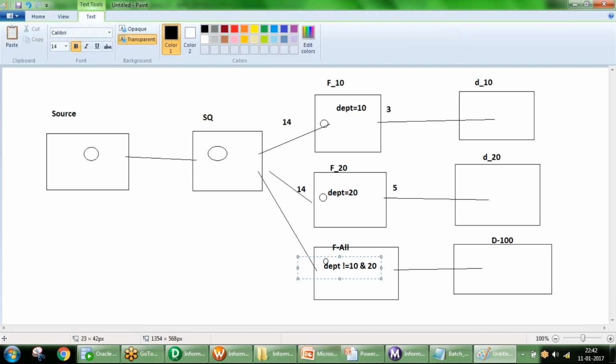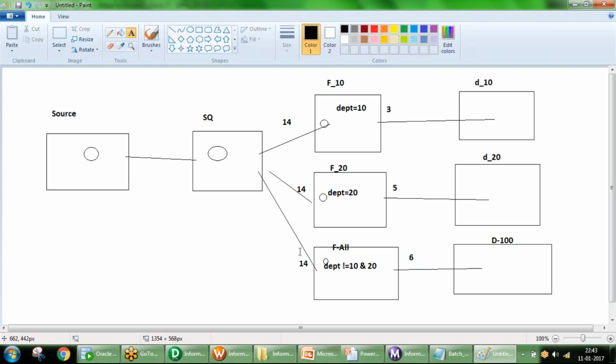Forget about output records. In the same way, your third filter is also going to get 14 records. It is going to check DEPT not equal to 10 and 20. Each and every record you get, you have to scan to find out whether it matches or not. Right? Agree? Maybe you are getting 5 or 6 records.